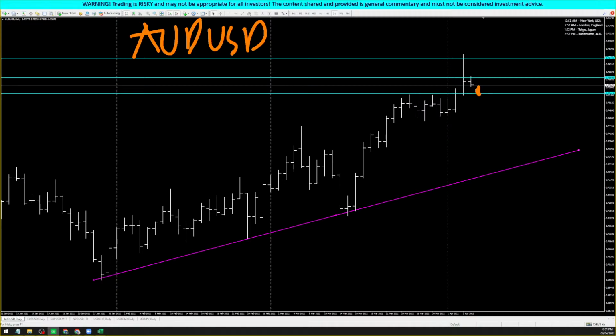If a sell is not possible right now because there's a level here that could push the price up, right? And there's a level here that could push the price down. So, neither of the buy or the sell is really good for me right now. It becomes a low probability trade. So, my trading plan is this.